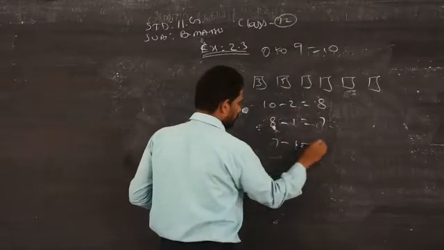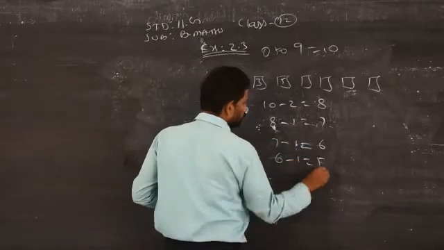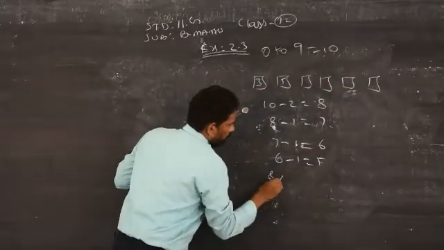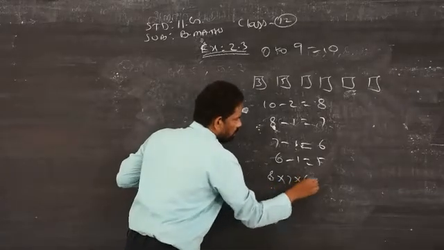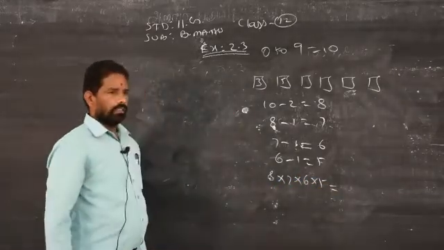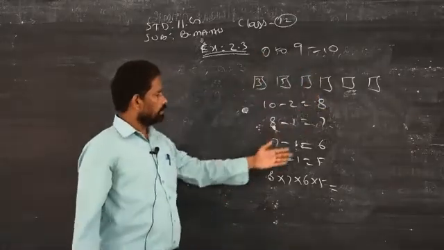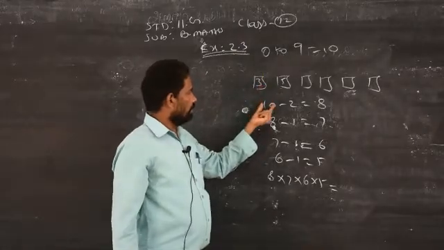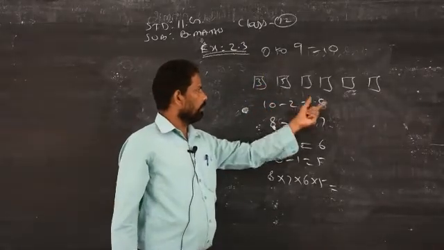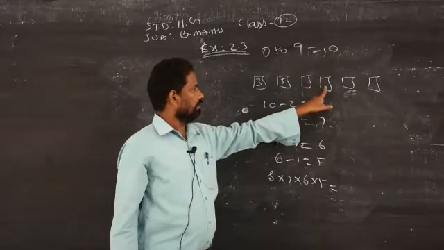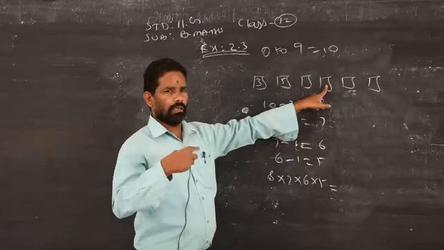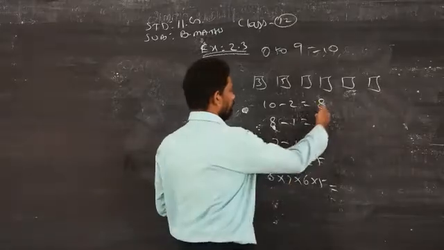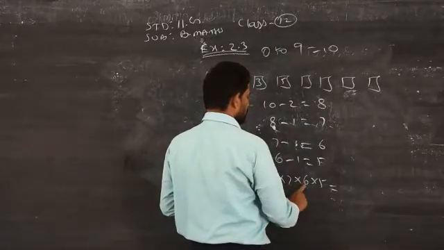Again 1 number will go to the next place, 6 minus 1, that is 5. So these will be occupied by 8, 7, 6, 5. That is the number of ways: 8 into 7 into 6 into 5. The 4 boxes are occupied by numbers where 2 numbers are already gone out of 10, so 8 numbers remain. Out of 8 you have to take 1, 8, then 7, because once you take 1 number, that number should not be used for the next box. Therefore, if you take 1 number, it is always erased. Finally you get 8, 7, 6, 5.